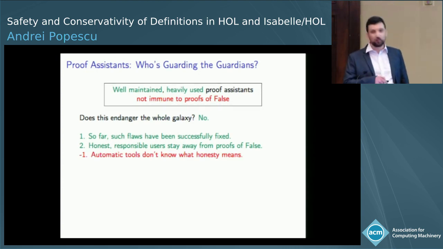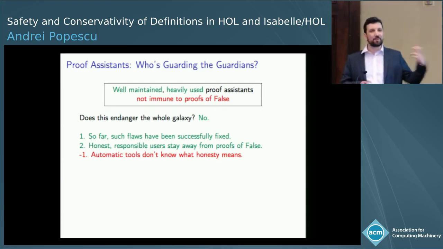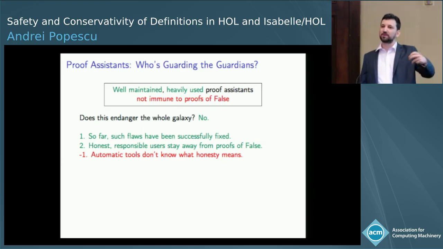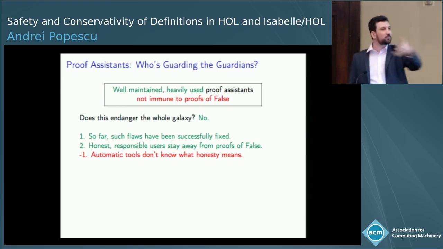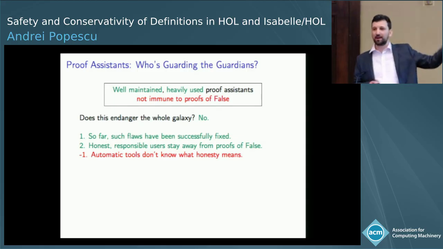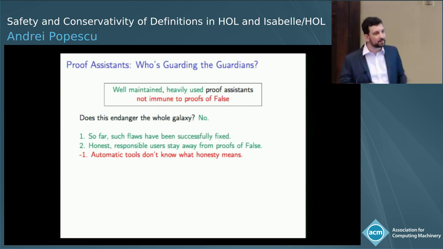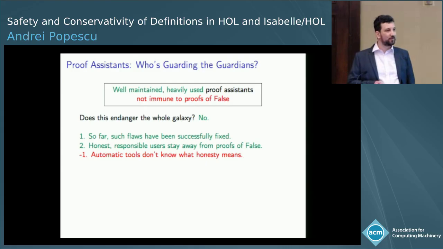But on the other hand, the tools are. So we have automatic tools that, if they are good, should be able to pick up, not necessarily a proof of false, but to exploit the nature of the problem that led to a proof of false in order to prove other things. So the reason why those bugs that I have shown you have not been discovered for 17 years in Isabelle and Coq, and similar problems in other systems, was because we didn't have strong enough tools to take advantage of those. Maybe not even discovering the inconsistency, but being able to prove silly things. So tools are there, and even non-malicious users like to have automation.